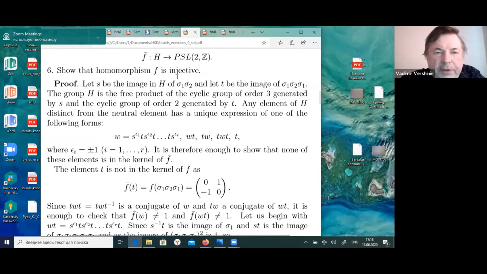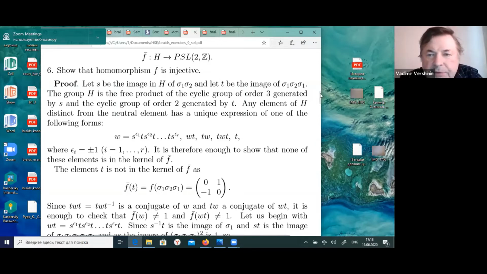We shall prove that this is injective. So how to prove that this is injective? We start to consider elements. T. What do we define T as? Sigma 1, sigma 2, sigma 1. So we just make